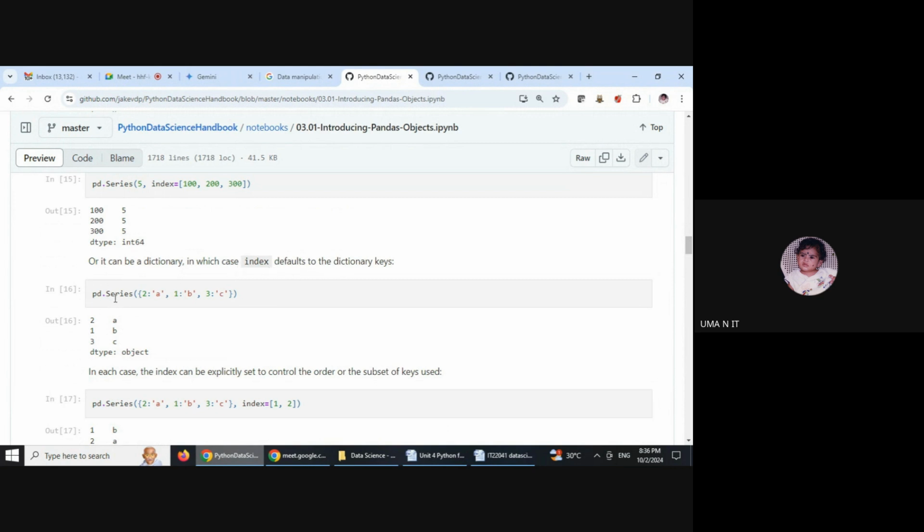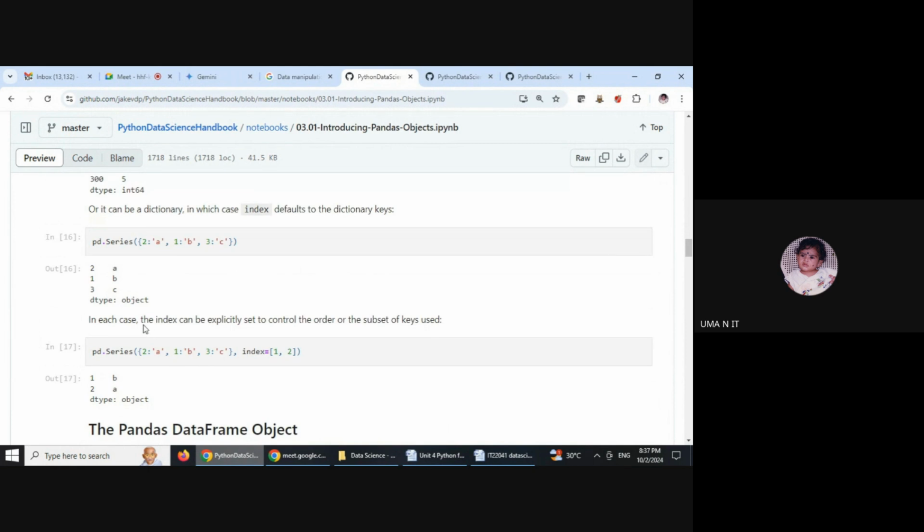And we can also take a dictionary and fix that as the index defaults. See, pd.Series with a dictionary, and I hope you know a dictionary is always enclosed in curly braces. The keys are 2, 1, and 3, and the data are A, B, and C. So as per that, the Series will be created with 2, 1, and 3 as indices, and A, B, C as data of these index values.